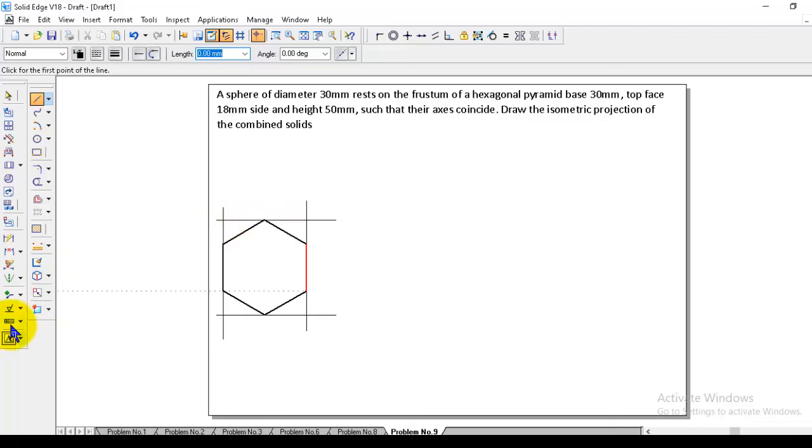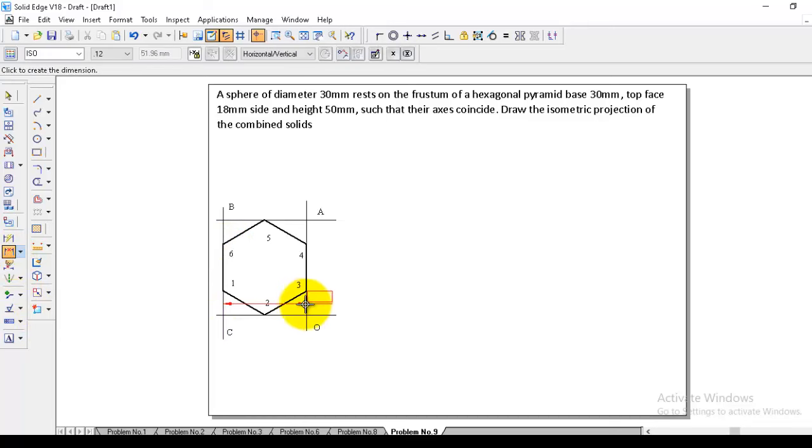So it is finished, and now we can give the namings O, A, B, C, and the corners you can give as 1, 2, 3, 4, 5, and 6. Then O to C is 51.96 and O to A is 60.